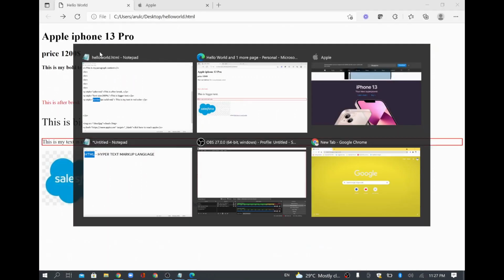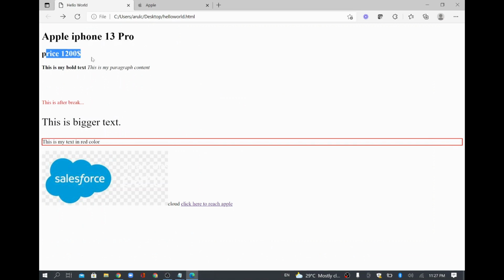So whatever we are doing here, whether it's a heading or bold or italic or a font color, everything is a markup of your actual text. Normally when you write any text in your notepad, it's a normal text, right? But we wanted to mark up something with a different formatting. So that is what we are doing. So that's why HTML is called a markup language. So now we have done almost everything.